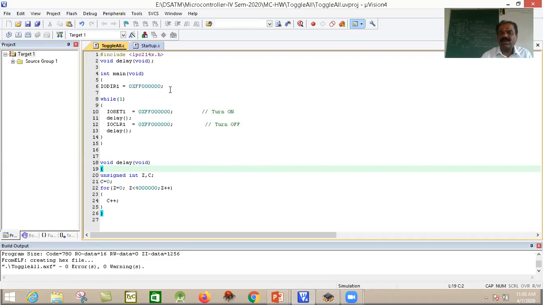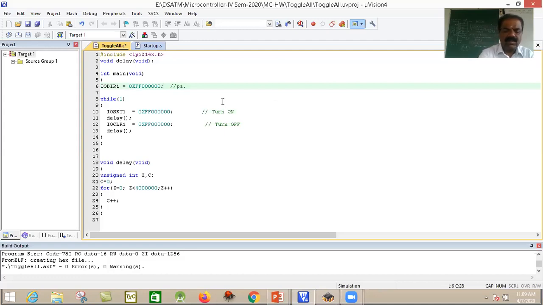Then we have to configure starting from P1.24 till P1.31 as output. So what is the purpose of using this? That is, you have to configure P1.24 to P1.31 as output.